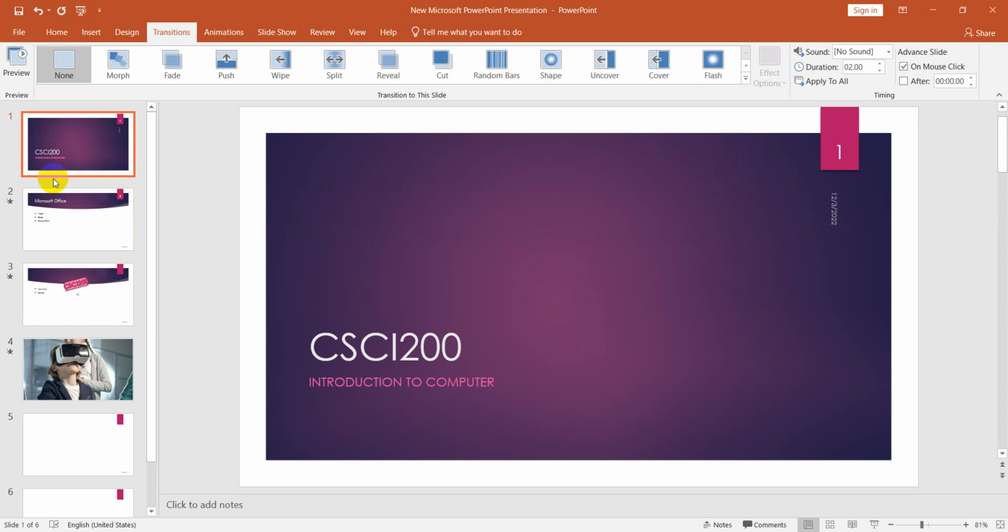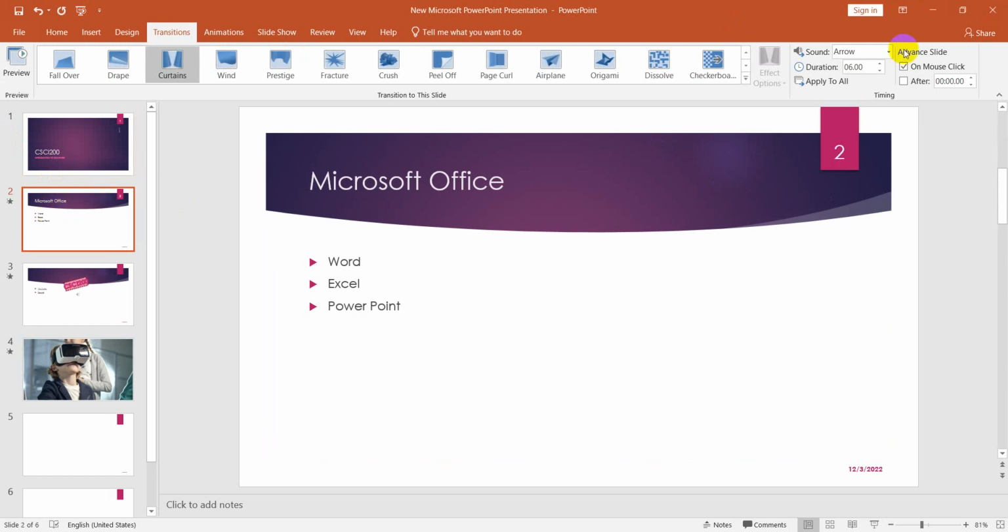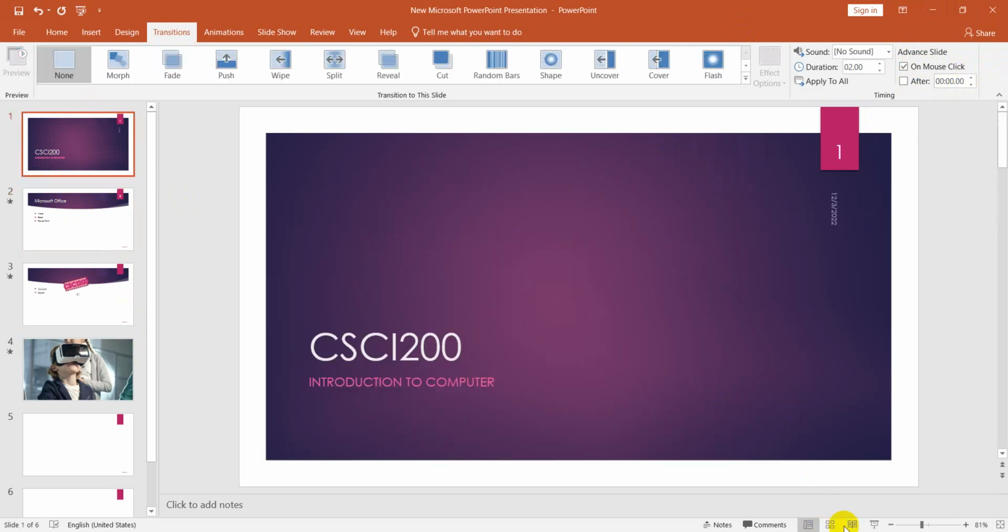But here, if I change this option from on mouse click to after, for example, after 3 seconds, now if I play the slideshow from the beginning,